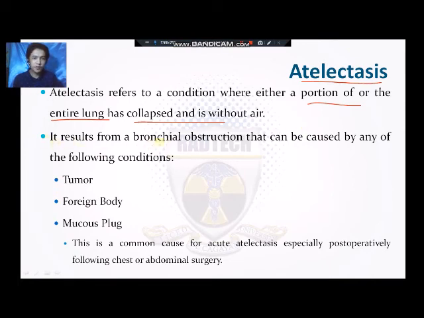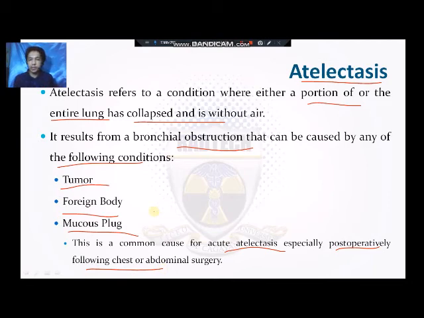Okay, so it results from a bronchial obstruction or can be caused by any of the following. Maybe na ay tumor si patient, na ay foreign body nga natulon si patient. And then, in relation to cystic fibrosis, diba, we have the mucus plug na mga formations. So this is common cause of acute atelectasis, especially post-operatively following chest or abdominal surgery. Okay, so if ever